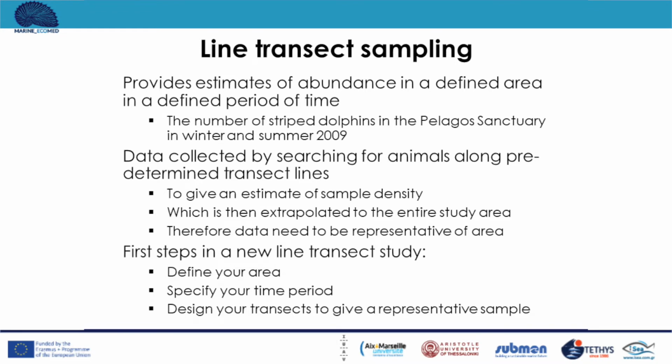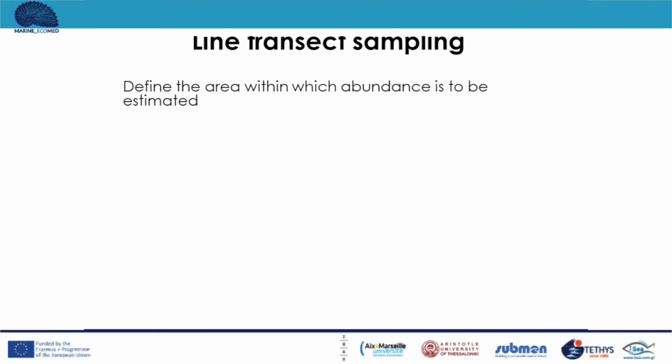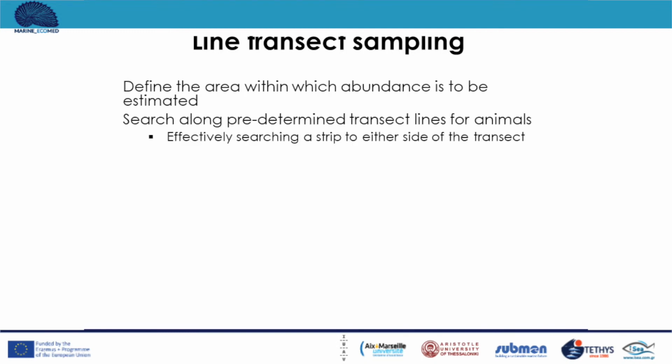The first steps in a new survey are to define your area, specify the time period, and design the transects to give a representative sample. The area is then estimated. We search along predetermined transect lines for animals,